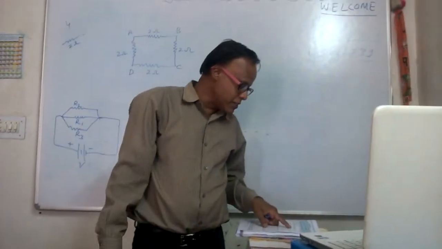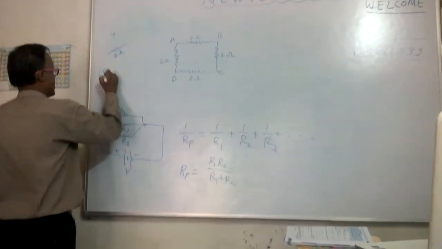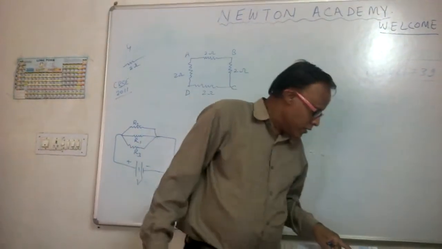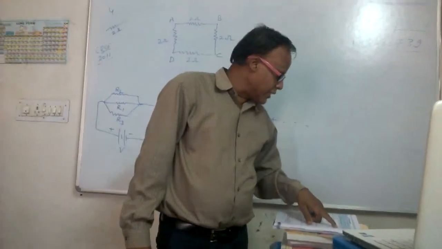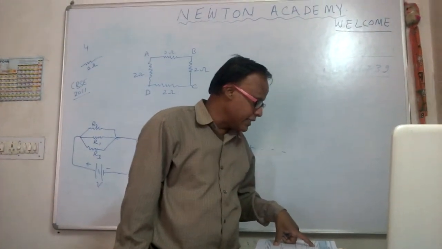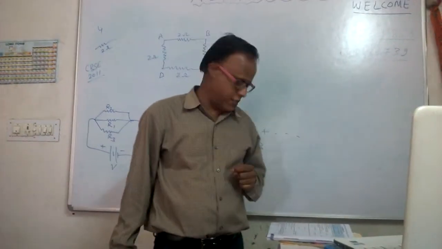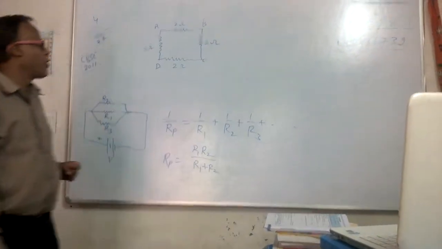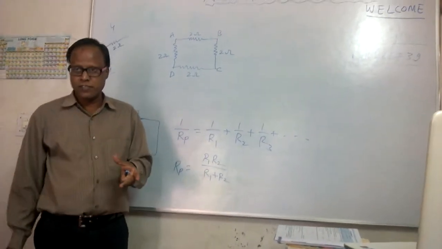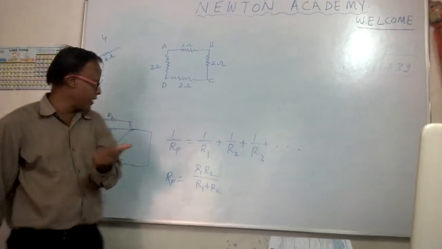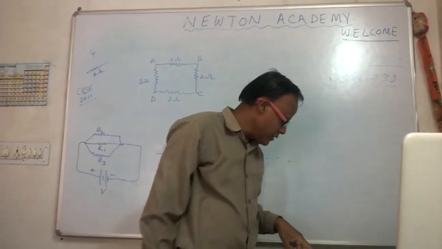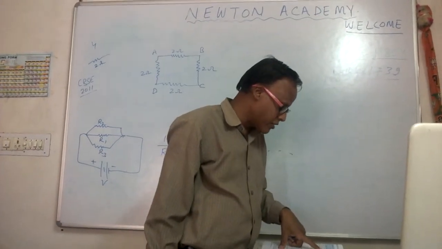Now the problem is, this is your board exam question, CBSE 2011. Calculate the equivalent resistance of the combination between any two adjacent corners. It is a difficult problem. Here we are given to calculate the effective resistance. क्या निकालना है? Effective resistance. लेकिन to find out effective resistance we need the two endpoints. So here two endpoints are given: between any two adjacent corners.